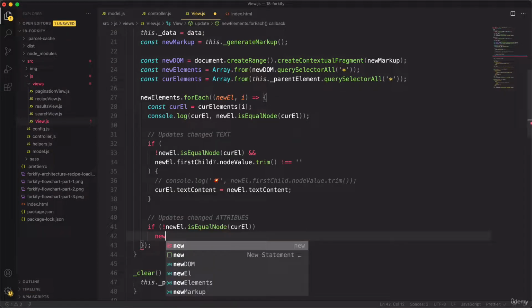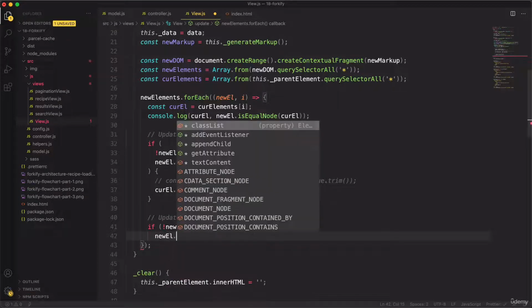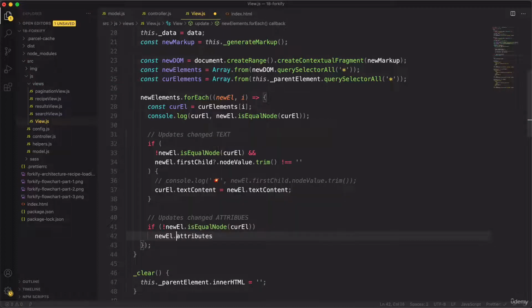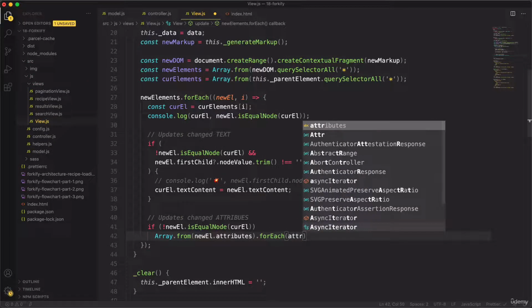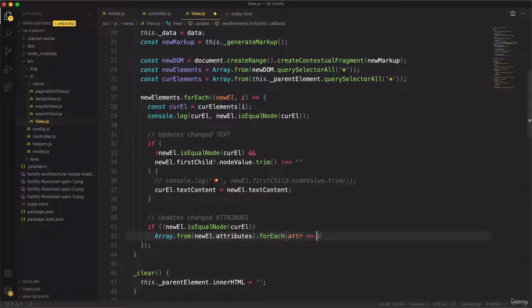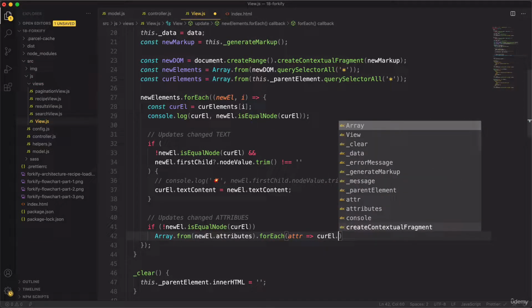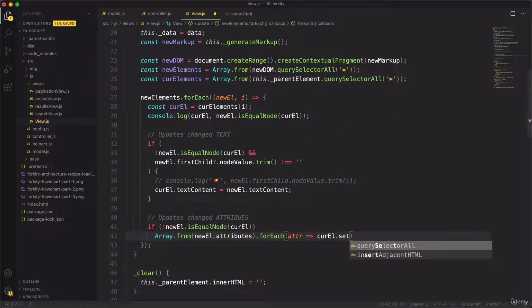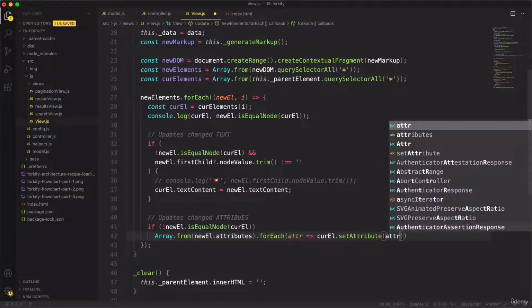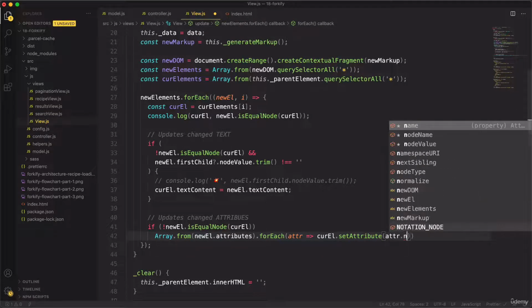So we want to loop over new element dot attributes, and again we need to convert that to an array like this. And then for each of them, so each is an attribute. And then on the current element, we want to set the attribute. So remember this method from way back, set attribute, which again we learned about in the advanced DOM section. And so here we want to take the name of the attribute